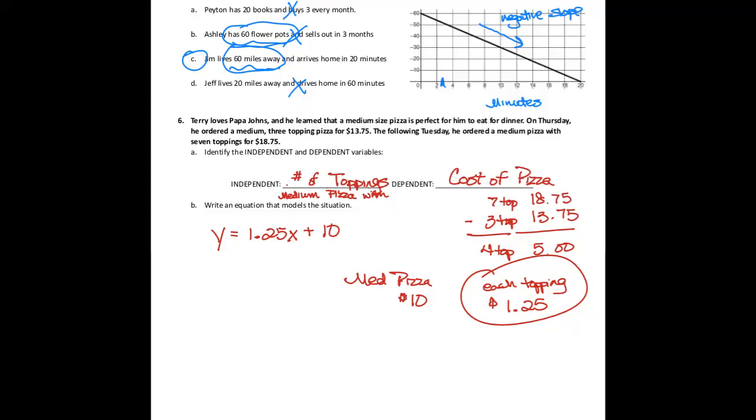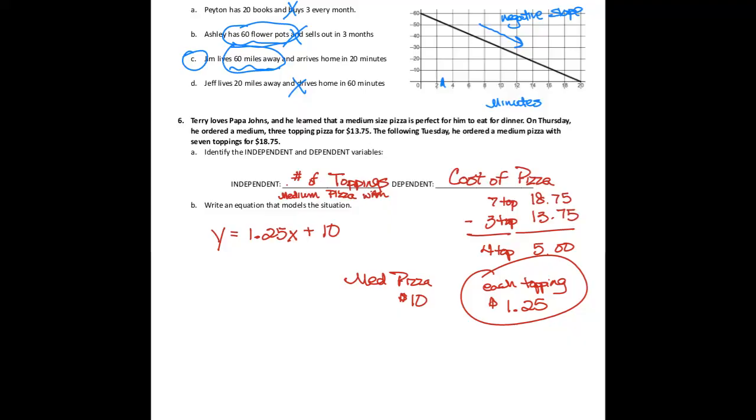So number 6, we were talking about Papa John's and the pizza. We said the independent was the number of additional toppings. And dependent was the total cost of the pizza. So with 7 toppings, it was $18.75. 3 toppings, it cost $13.75. That is a difference of $5. So that means